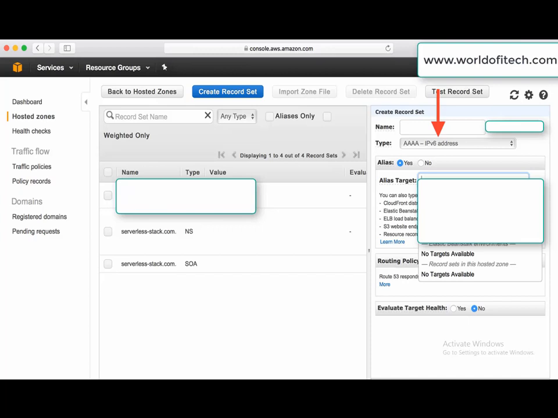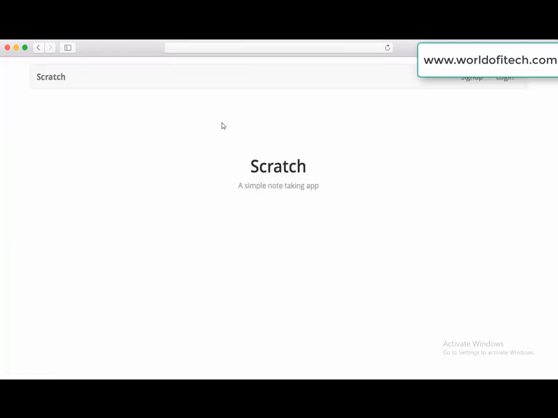Add IPv6 support. CloudFront distributions have IPv6 enabled by default, and this means that we need to create an AAAA record as well. It is set up exactly the same way as the A record. Create a new record set with the exact settings as before, except make sure to pick AAAA IPv6 address as the type and hit create to add your